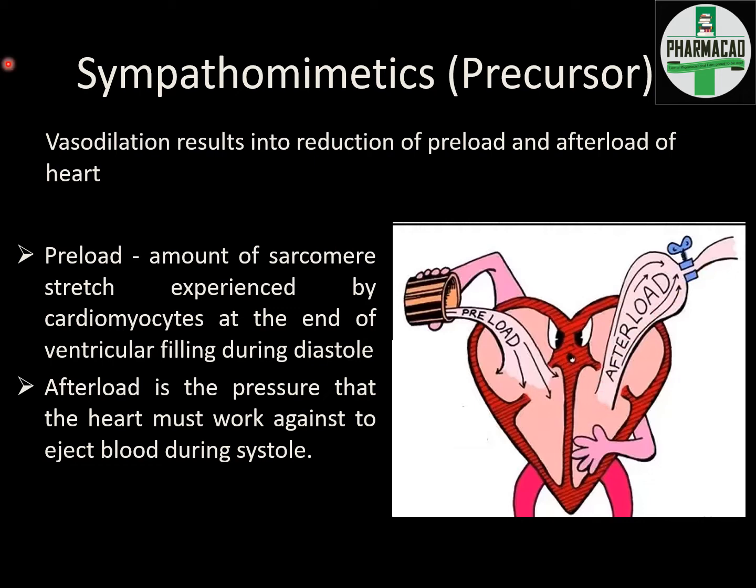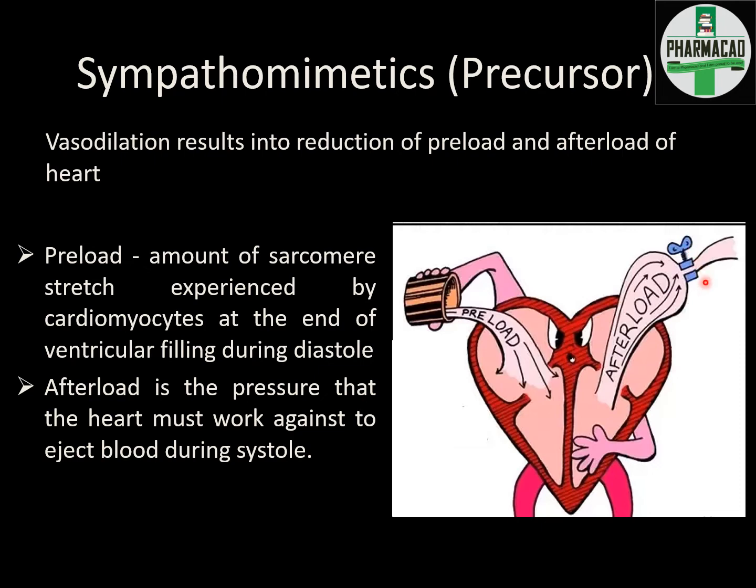Now, the heart must apply some pressure to force this blood inside the artery, right? And that pressure is known as afterload. Now just imagine there are two pipes. One pipe has a smaller diameter and the second pipe has a bigger diameter. Definitely in the small diameter pipe, I have to apply more pressure to pass the fluid through, right? Whereas in the bigger diameter pipe, I don't need to apply more pressure. Easily the fluid can enter inside that pipe.